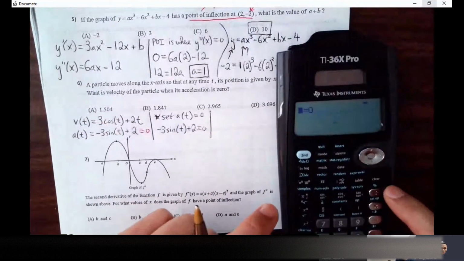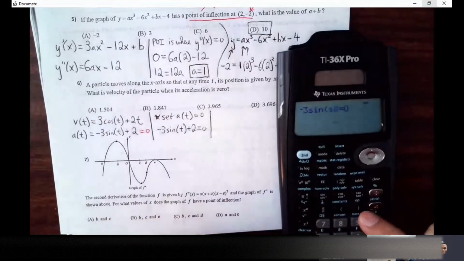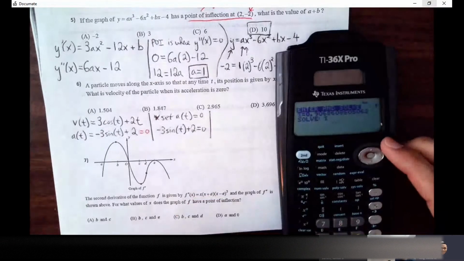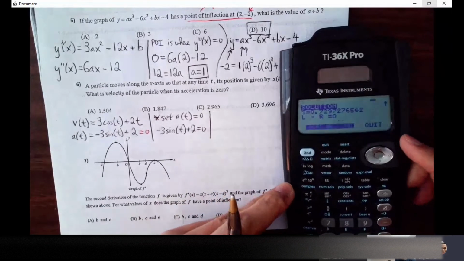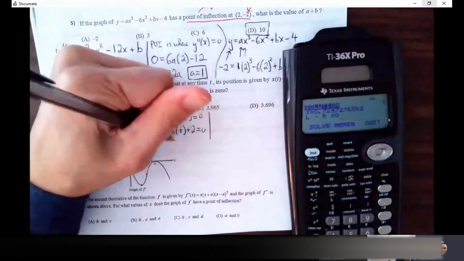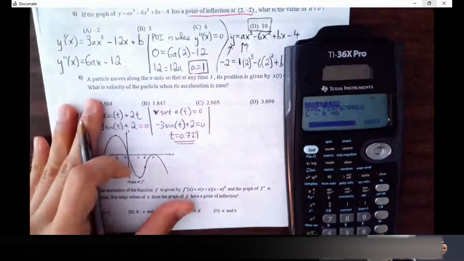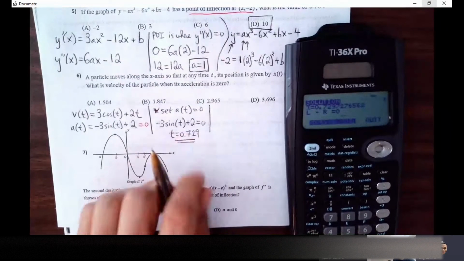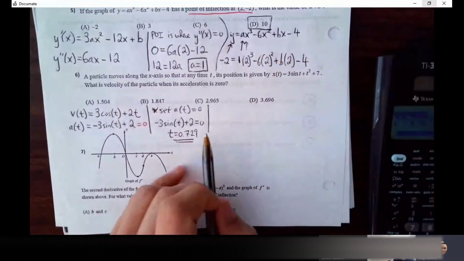If I do numsolve, radian mode, if I start at 0, I should be able to arrive at an answer choice that's within the range. So I have t is equal to 0.729. Okay, so that's close to 0. That means that we have a time value when acceleration hits 0 at a point that is close to our starting point. So now that's not our answer because this is a time when acceleration is 0, but